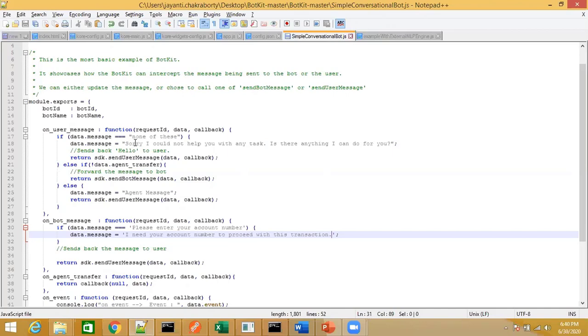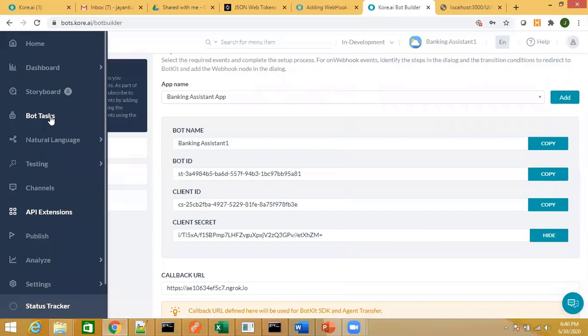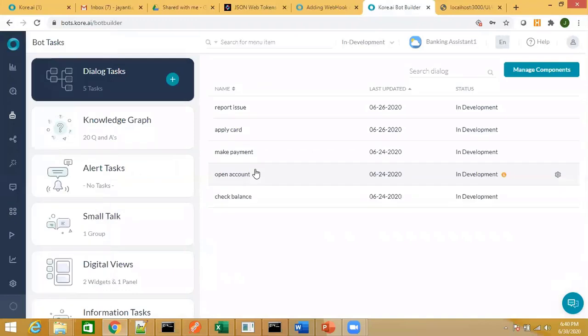Something like, let's say, none of these. When I say none of these, let's say there is a task which is designed to handle that, if the user doesn't like anything that is configured within the bot. In my case, what I want to do is, I have a task over here called raise issue. I want to trigger that particular task. Just a hypothetical situation where you want to trigger a task against an utterance which is coming from the end user. The use case that I'm assuming here is I want to trigger this particular task. Okay, how can we do it?